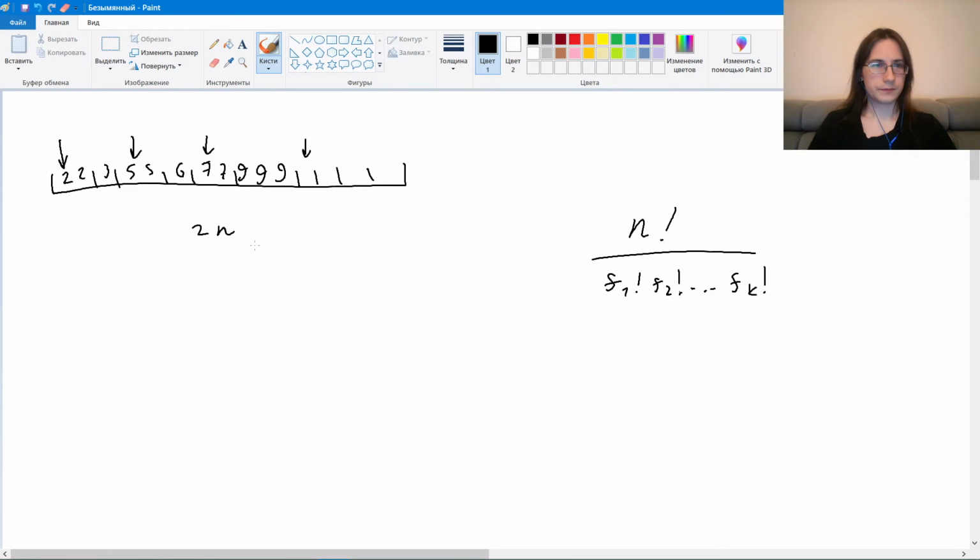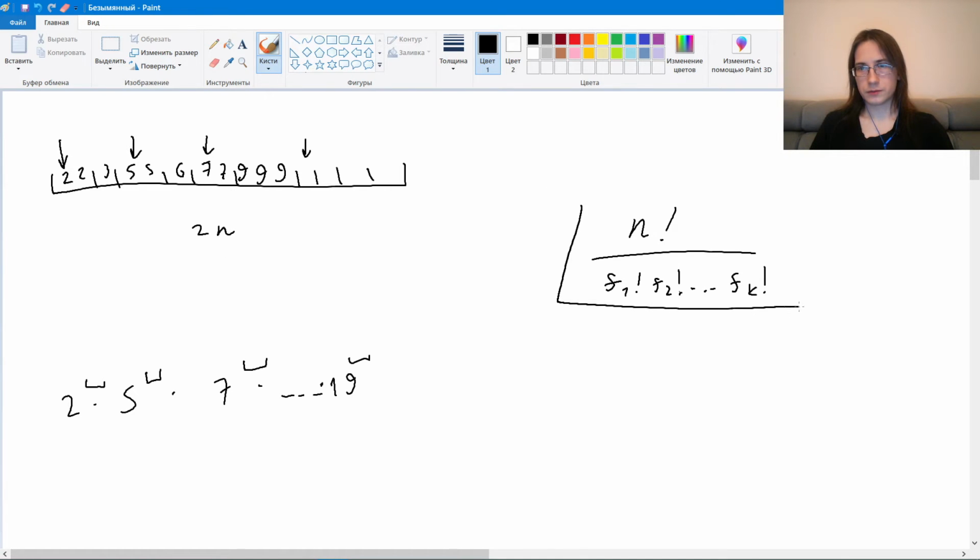Let's say this is prime. So we write 2 times 5 times 7 times whatever. And now we need to place the remaining values in some order at those positions. Let's say the last is 19, for example. At those n positions. We know that we have n values remaining. Some of them are equal, some of them are not. So we can now apply this formula